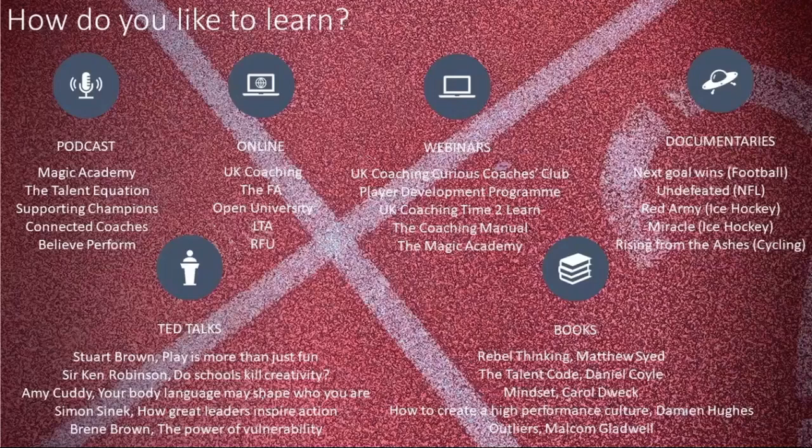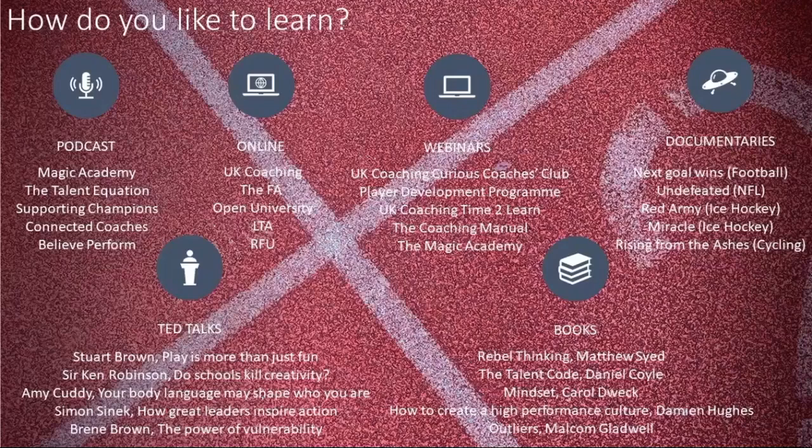But yeah, and again, I think doing the level 1 has kind of opened my eyes to what the FA DNA is, how it links into the grassroots and all the rest of it. And we're lucky enough to have 4 or 5 other dads who help out as coaches, but they haven't been on the level 1. And I keep saying, you've got to go do it, because it will really give us more of a grounding of how we will progress with our boys as they grow up.